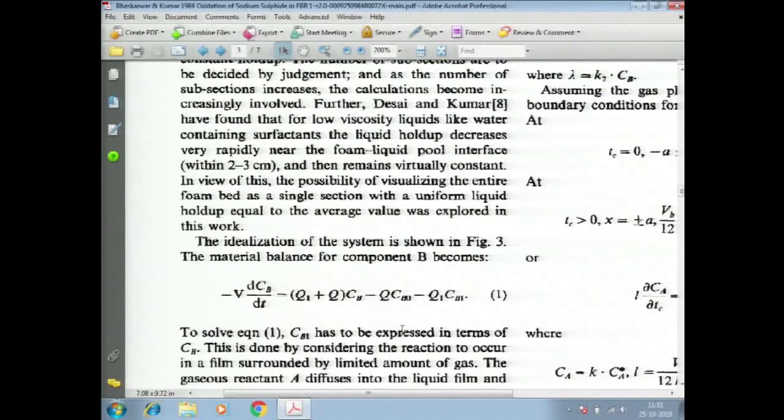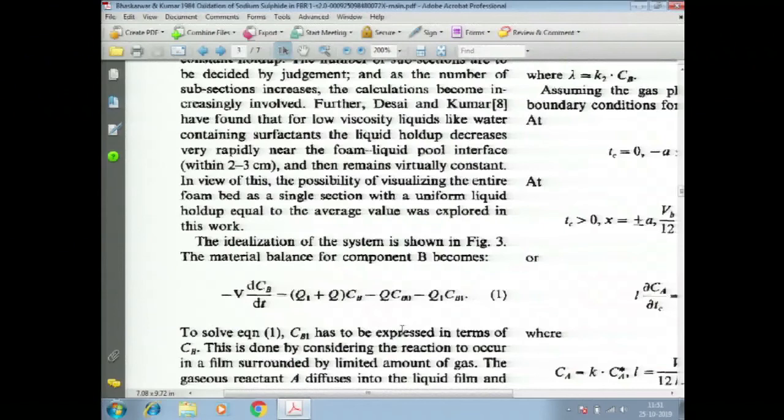So, in the returning liquid, for this fast reaction we do not expect any dissolved oxygen. Whatever dissolves and diffuses into the films would be reacted. Which means we do not have to really make a material balance for oxygen on this scale. We need it now in the foam section. How much is absorbed, that has to be analyzed, and then we could use stoichiometry to relate it to the amount of sodium sulphide reacted per time.